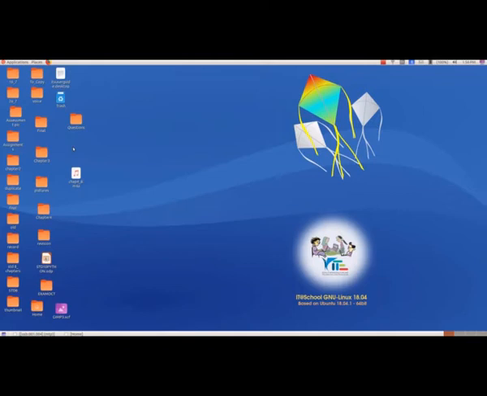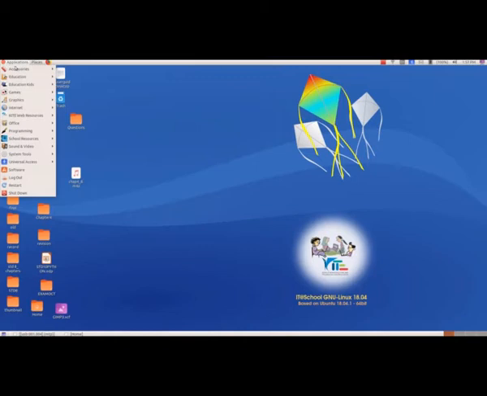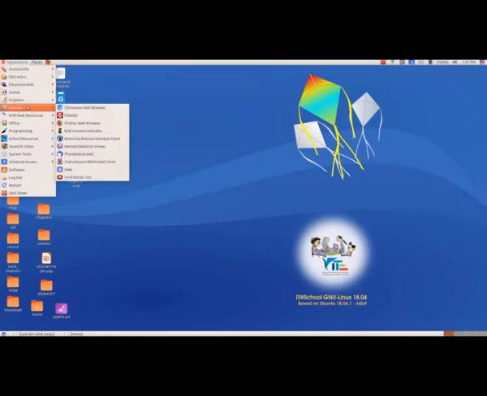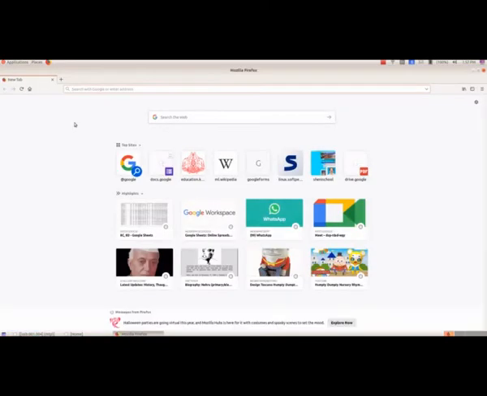Now we will see how we can open the web browser and type the address of the search engine in the address bar, and how we will get the image of a cell. For that, from applications we have to select internet, and from here we are selecting the Firefox web browser. The web browser we are using is Firefox.